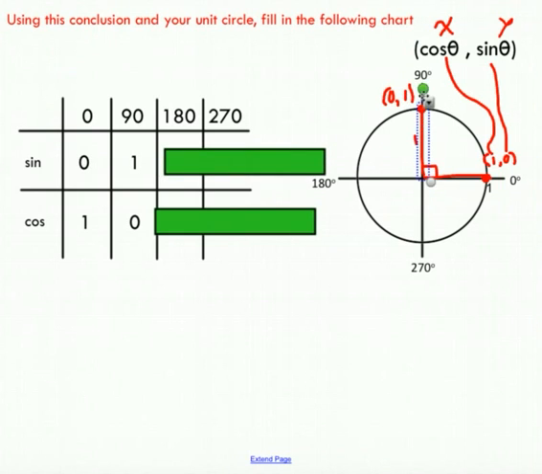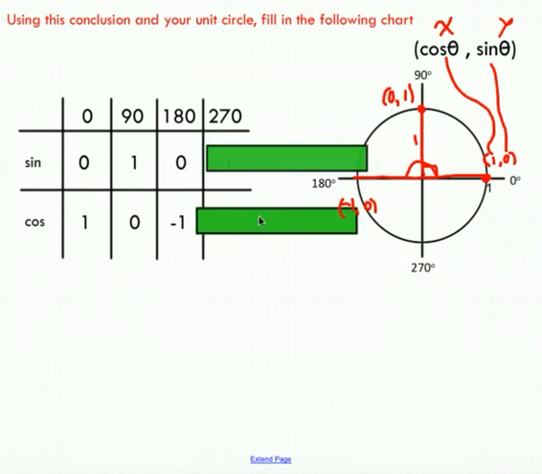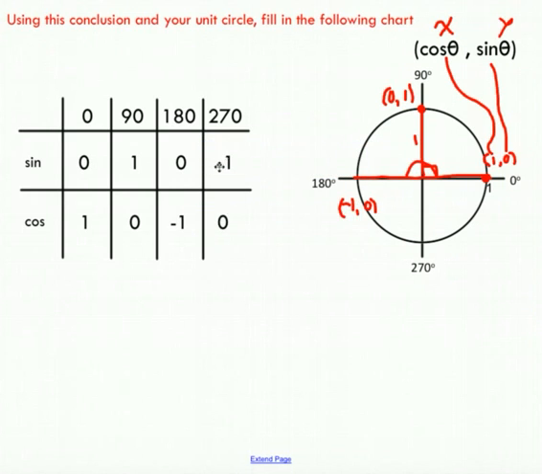If I just keep rotating my terminal arm through so that I'm at 180 degrees now, I'm over in this position over here, and the coordinates of this point would be -1, right? My terminal arm is 1, but I'm in the negative quadrant now, comma 0. Comparing that to my cos comma sine, I know that the cos of this 180 degree angle should be -1, and the sine should be 0. And if I continue to 270 degrees using the same principle, you can see that I get -1 and 0. So it's just a neat way of using the unit circle to come up with these values without a calculator.